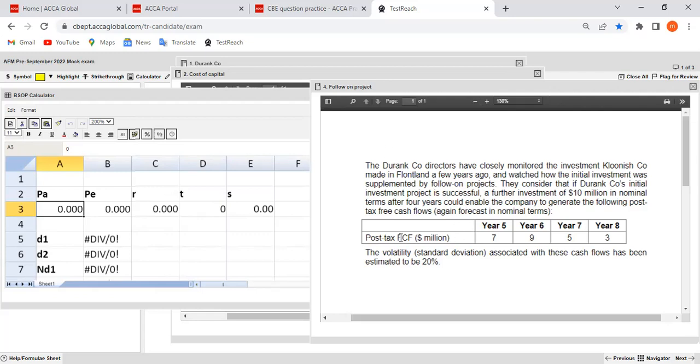Like in this question, the examiner already provided you the post-tax cash flows. The post-tax cash flows have been given to you. 7953. We have already computed the 9% discount factor. Just compute the discounted values, guys. If we perform the discounted values here,